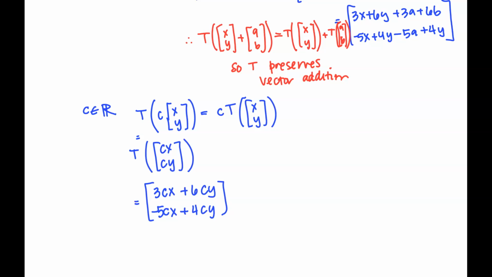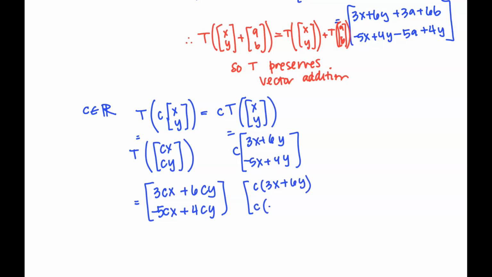All right. Now our goal is to show that this is the same thing if I do this afterwards. So first we do our map. We make it clear that that's what we're doing. 3x plus 6y, negative 5x plus 4y. And we leave our c outside of all that. And we go, okay, well, if I do scalar multiplication, I know what that means. I'll have c times all of this, and c times all of this. Boop. These two are equal, therefore we can say T